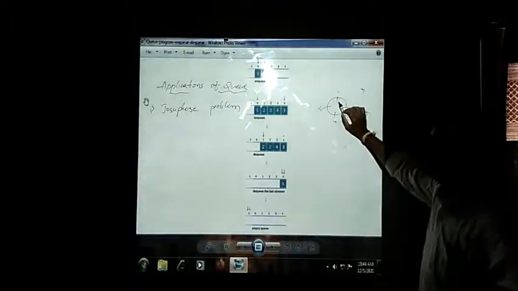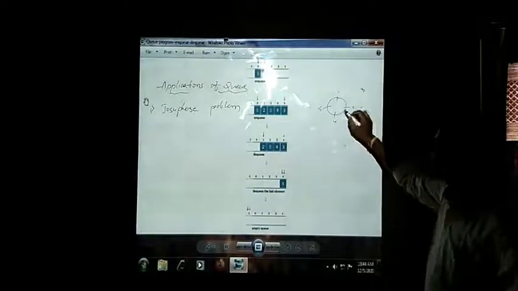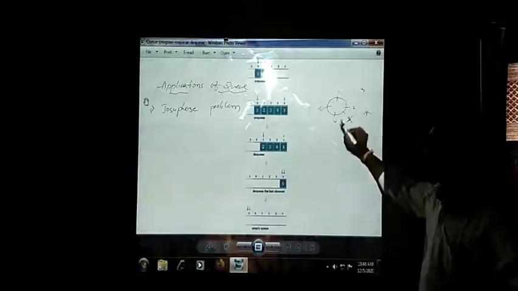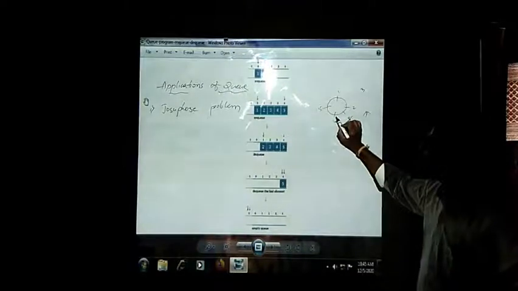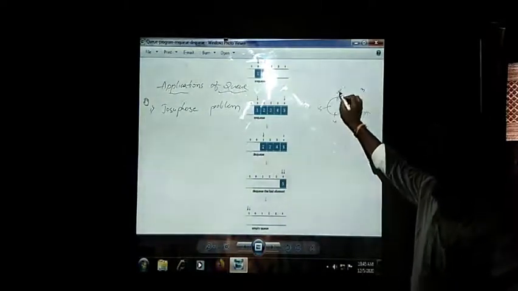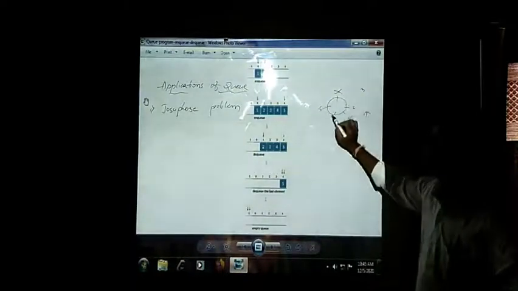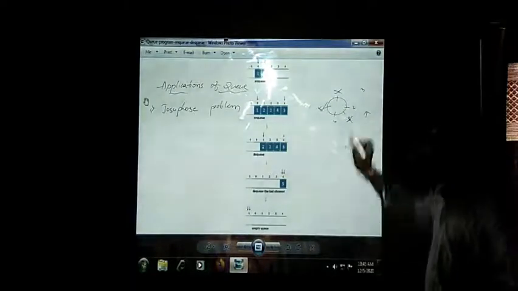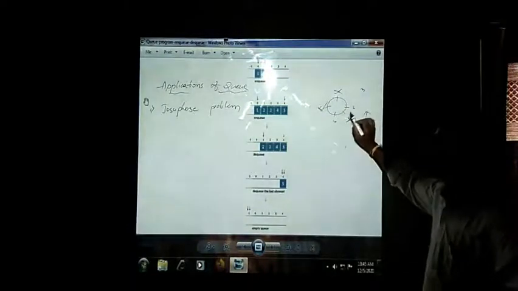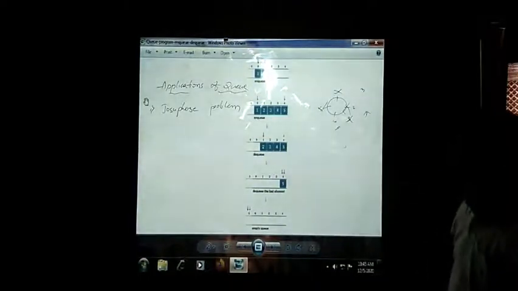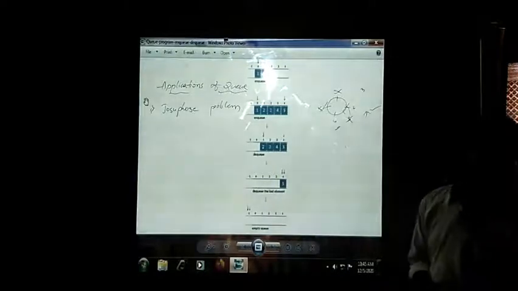Then they will start from 1, 2, 3. Then the third soldier should die. Again the count will begin from 4, and 1, 2, 3. The first soldier will die. Again the count will begin from second, 1, 2, 3. Then the fifth soldier will die. The count will begin from 2, 1, 2, 3. Then the second soldier will die. And the fourth soldier will remain in the queue, and he can take the horse and escape from them.